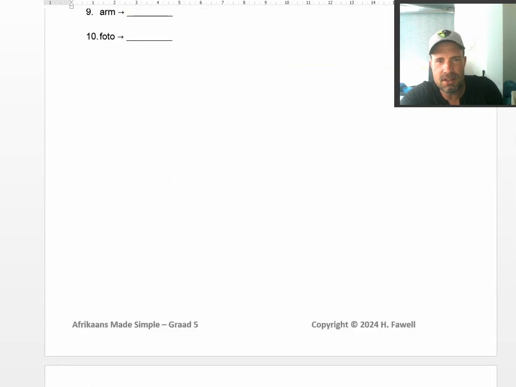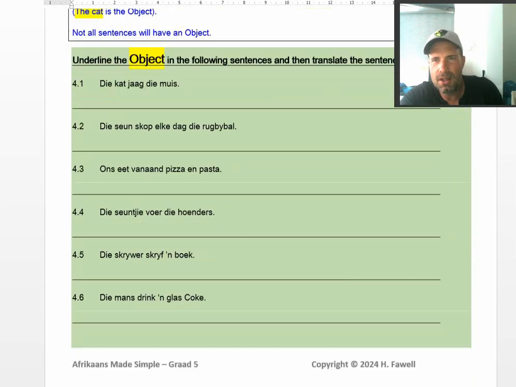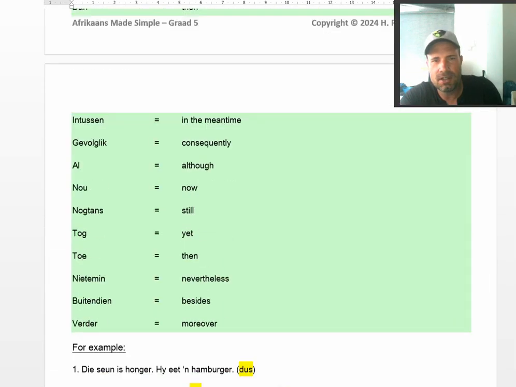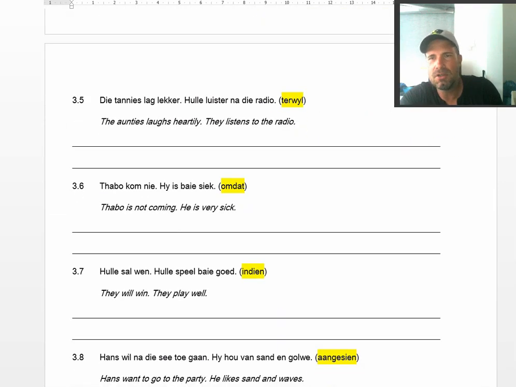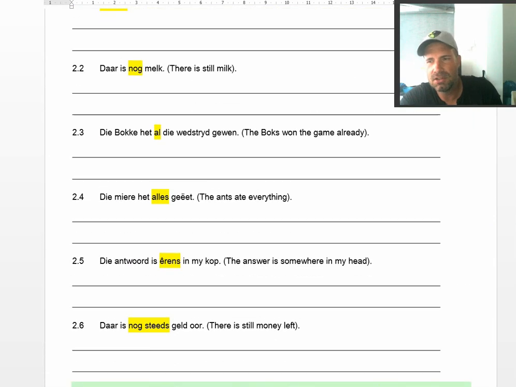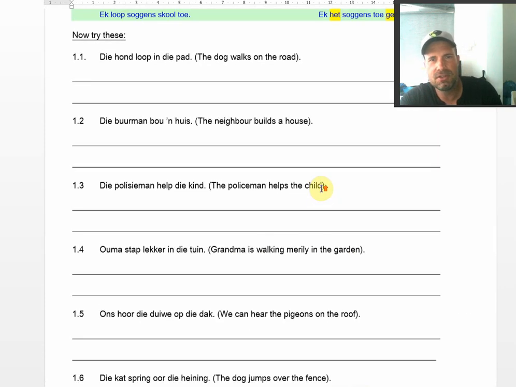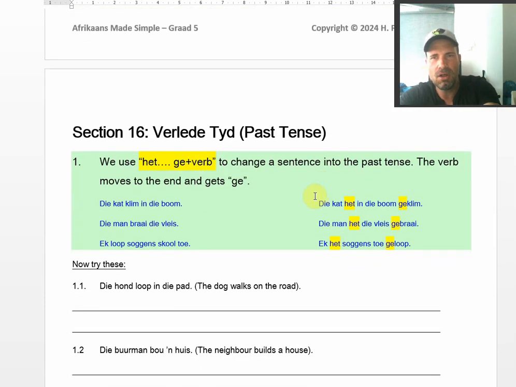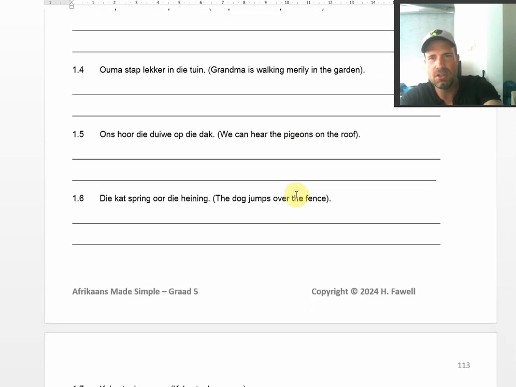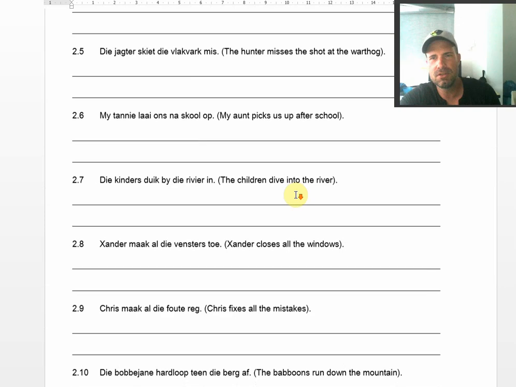And this method of teaching grammar, there's Stompie, works because you're doing one thing at a time. For example, if you're doing verlede tyd, you do rule 1, then you practice rule 1. Then you do rule 2, then you practice rule 2. There's the negative. And then right at the end, you mix it up. And here's past tense. This is what I mean. There's rule 1 in the block. You practice only rule 1. And there's a translation of the sentence in brackets. Then rule 2. And right at the end, you put it together.